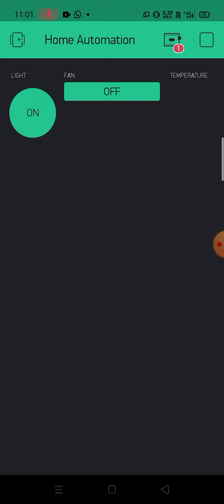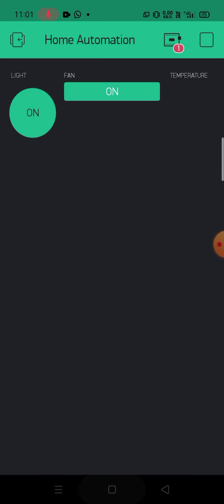Once you click on the light, now see your button is now on. Now the fan is now on, and if the temperature sensor is interfaced to your Node MCU, it will be automatically fetching the real-time value on this particular panel, and you will be getting it. So depends on it. This particular application you can simply turn on or turn off the devices, as well as fetch the different kinds of values on this particular application.